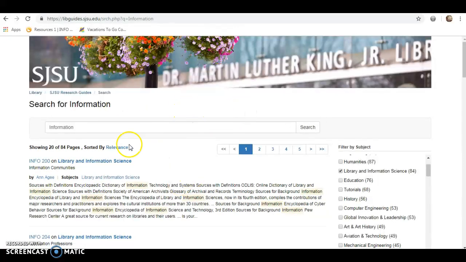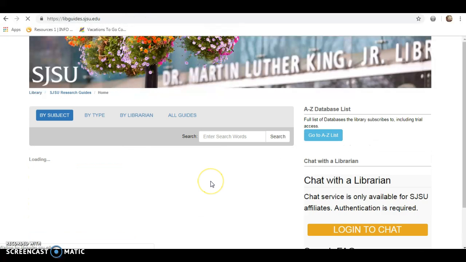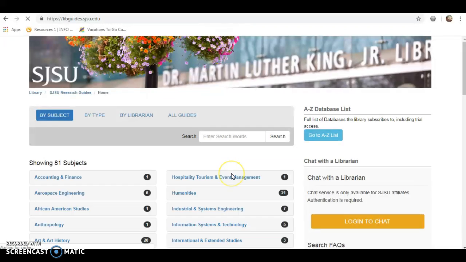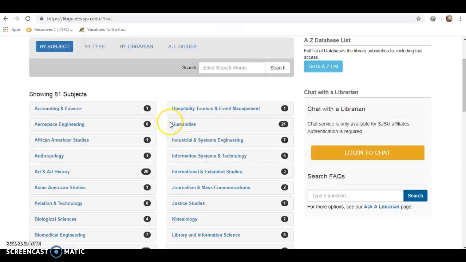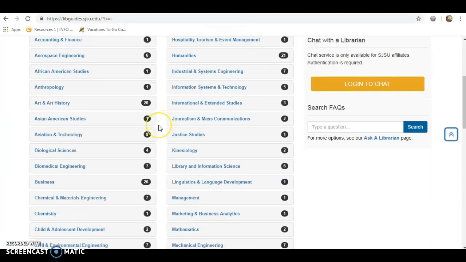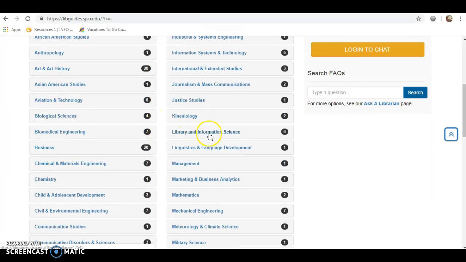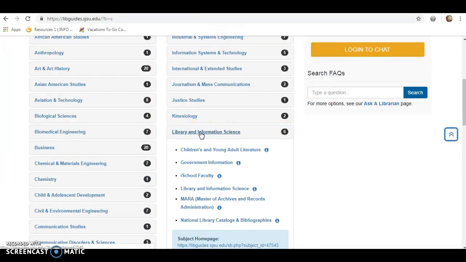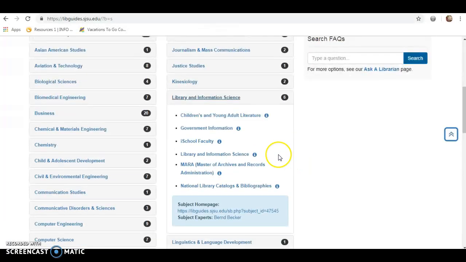So I'm actually going to go back to the research guides right here. And I'm going to go about it a different way. So that shows you how you can see all of the classes within that topic. But also we have 81 subjects listed, and you can actually scroll down and go to library and information science if you wanted to just look at that specific subject. Then you'll notice that it pops up a few more topics within this